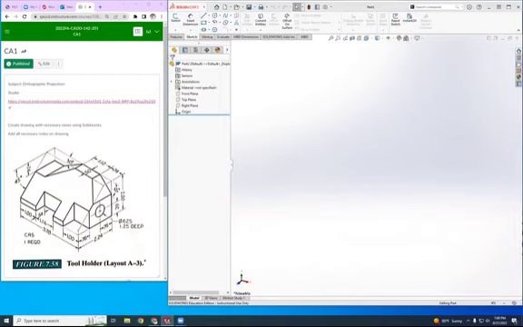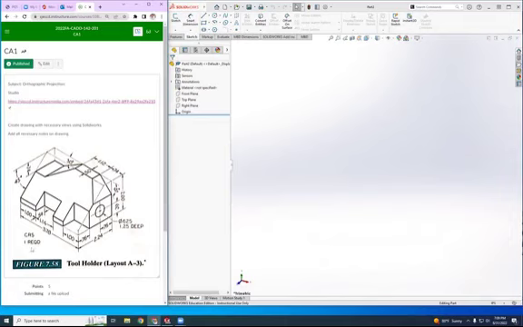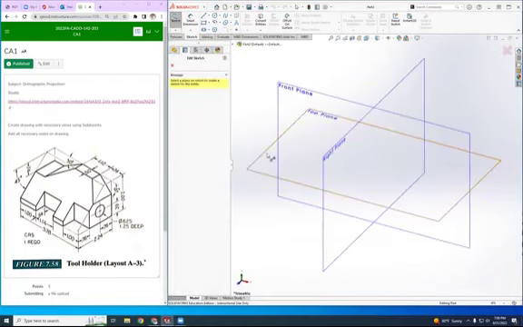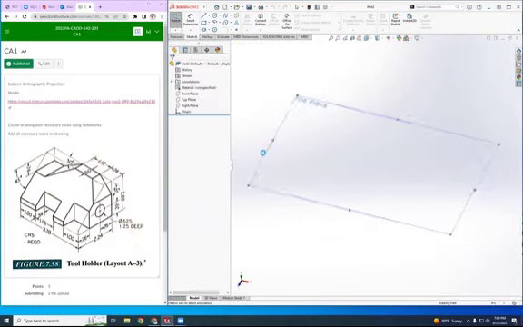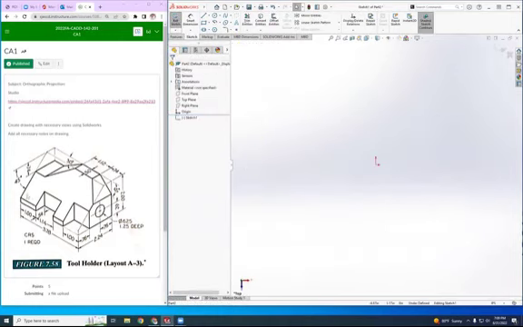last time we started off and I had made the bottom sketch. Unfortunately, since I had not saved it on a folder, I lost it. So very quickly, I'm going to replicate that sketch. So I'm going to go to sketch using the top plane. All right. So what I'm going to do is I'm going to do this silhouette, the bottom